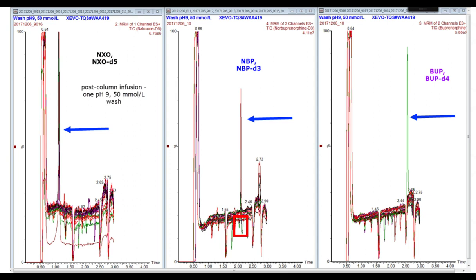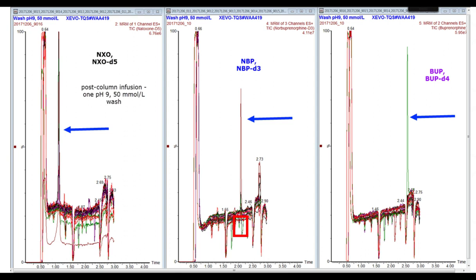Norbuprenorphine appears to be, although there's a little something here, isn't there? I'll come back to that. And finally, buprenorphine is once again right on the edge of a major area of ion suppression. However, what we found is in production, we don't really have problems with this in the samples that we encounter routinely. Whereas unfortunately with norbuprenorphine, we do have the occasional sample that has severe ion suppression,